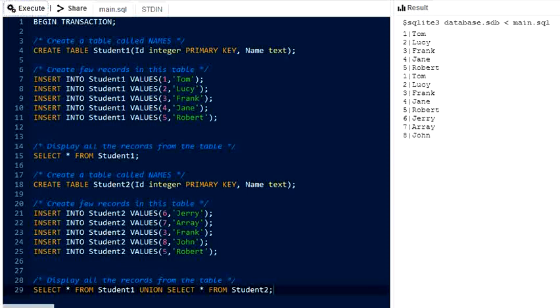Here you can see that id 1 belongs to Tom. Here also id 1 belongs to Tom, which means the entry of Tom, id 1, appears 2 times across the tables. So by using union we can merge both the records available in both the tables. So this is the result of union.